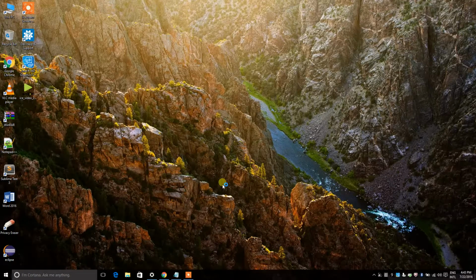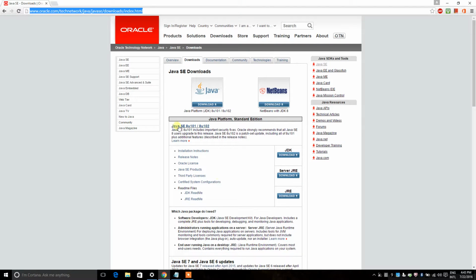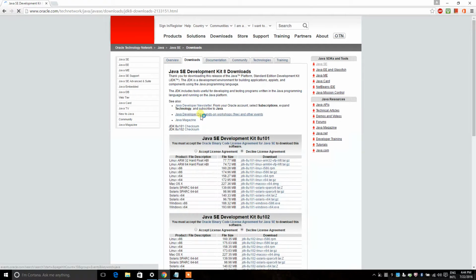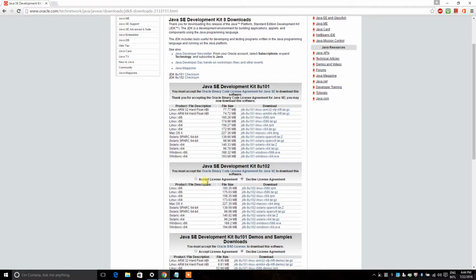So let's get started. I have pre-opened my link and here it shows Java SE downloads. These are multiple downloads. Java SE is the standard edition version. We need Java Standard Edition. Enterprise is for different, higher purposes, and Java ME is for other purposes. But we are going to download the Java JDK. So here we go. We click on this. We accept the license agreement here too.